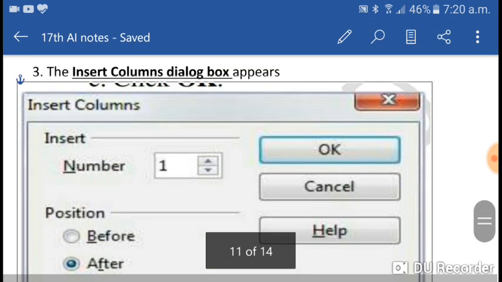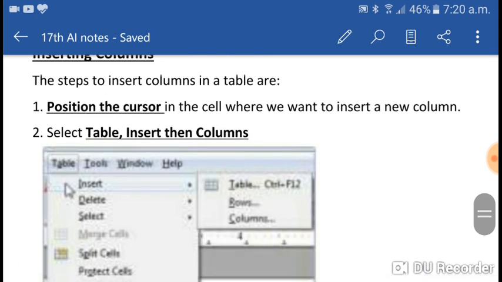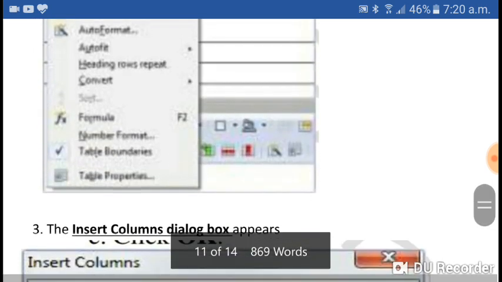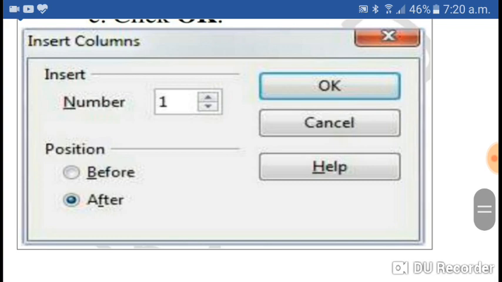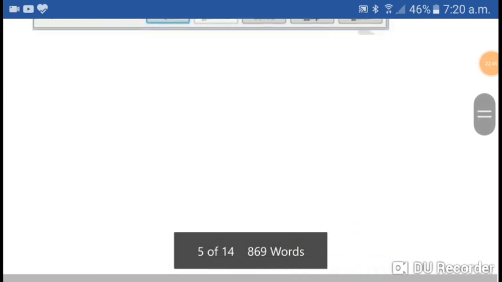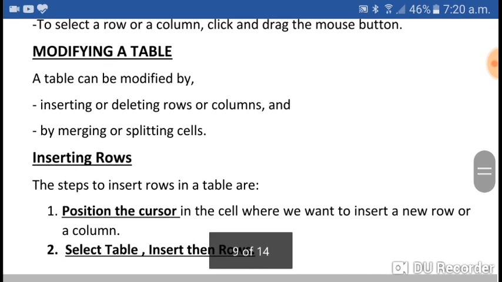Yes, let us see in the table. Yes, the second option is delete. Whenever you click on the delete option, its sub options will appear, and yes, click on the required option you want to delete.